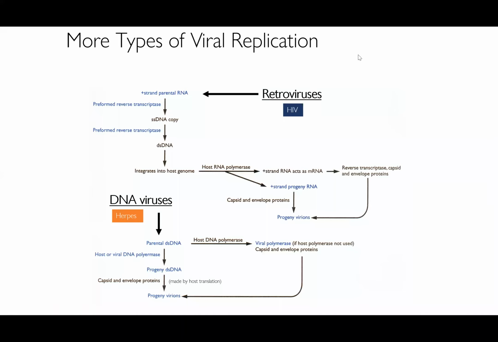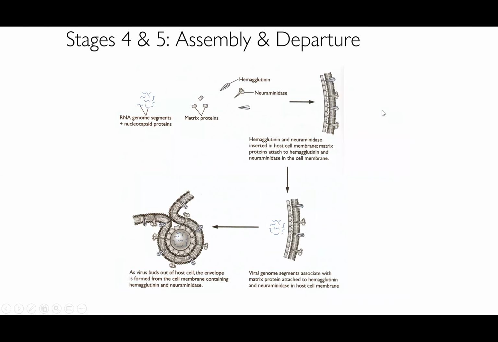Next up, we have assembly and departure. The idea being is we need to assemble our viruses. Once we make the genome itself, and once we make all the proteins, we need to assemble it into a virus. And so when the concentrations of viral genomic fragments and viral proteins reach sufficiently high concentrations in the cytoplasm of the infected cell, the proteins from the nuclear protein core start to interact with the viral genome segments. Eventually, the viral particles begin to bud out through the cytoplasmic membrane, and then they're acquiring the envelope in the